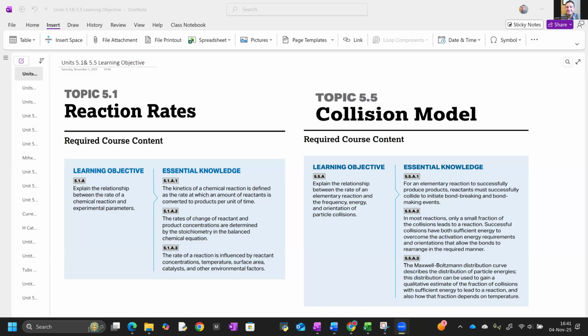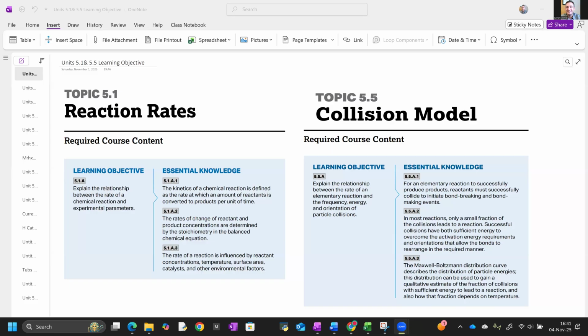And this last part on 5.1.8.3, that is where we see the incorporation of the collision model. Because as we are making changes to concentration, temperature, surface area, and catalyst, we have to think of these in terms of the collisions that are taking place within the reaction and to see if the reaction will even take place. And so that's where we get into the collision model, and we're explaining the relationship between rate of an